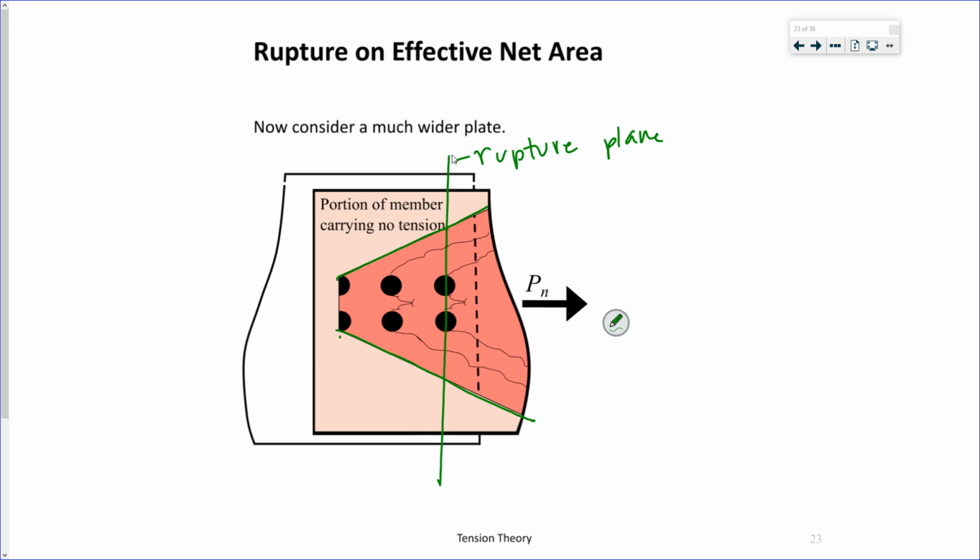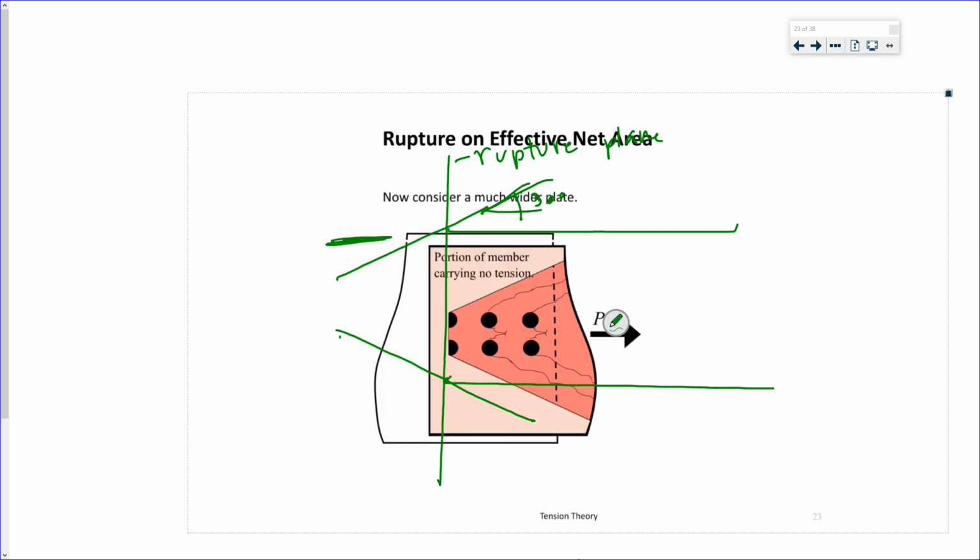The force hasn't been transferred. So there's a portion that's carrying actually no tension. And if we assume that this happens at a 30-degree angle, this length right here,